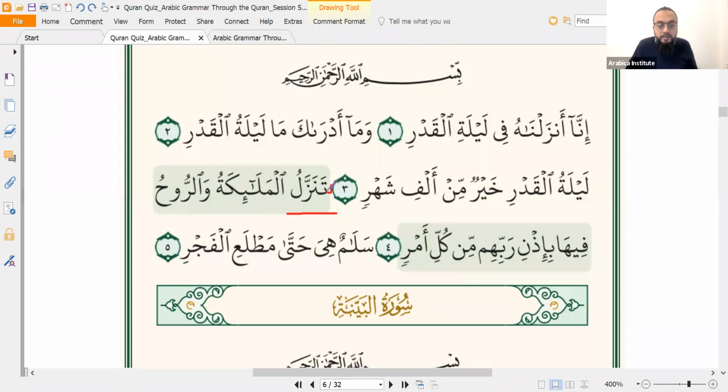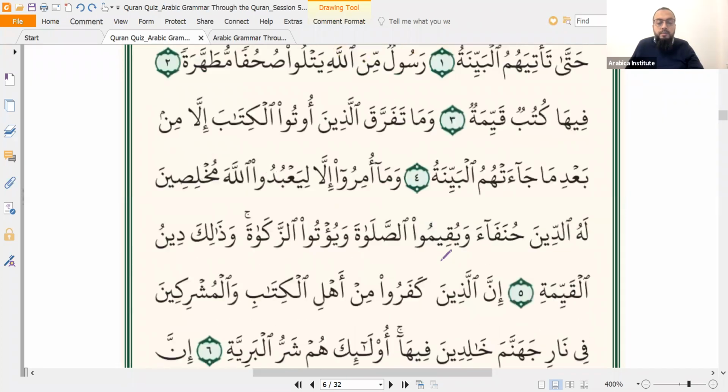What's the imperfect of tanazzala? So here there's something missing. There's the tatanazzalu, because malaikah will be treated as feminine, right? Or if you treat them as masculine, you'd say yatanazzalu. So either yatanazzalu or tatanazzalu is missing here. In Arabic, this is one of the styles of the Arabs. With the form 5 verb, they sometimes drop that prefix. So this is not a perfect verb. I was confused by this for quite a long time until I learned this. So it's تتنزل or يتنزل الملائكة والروح فيها بإذن ربهم من كل أمر.